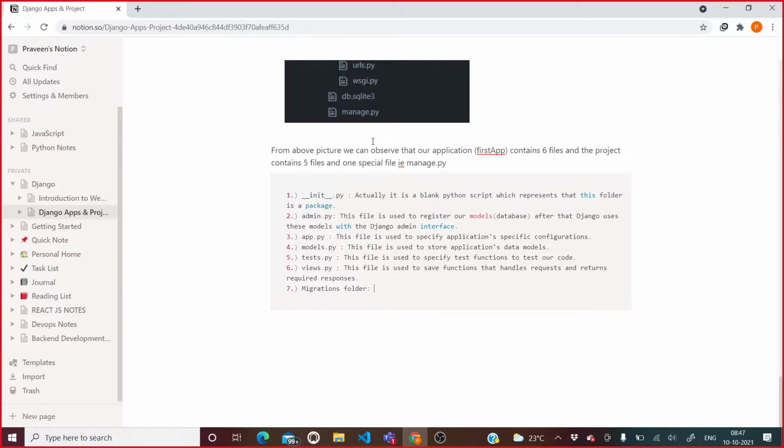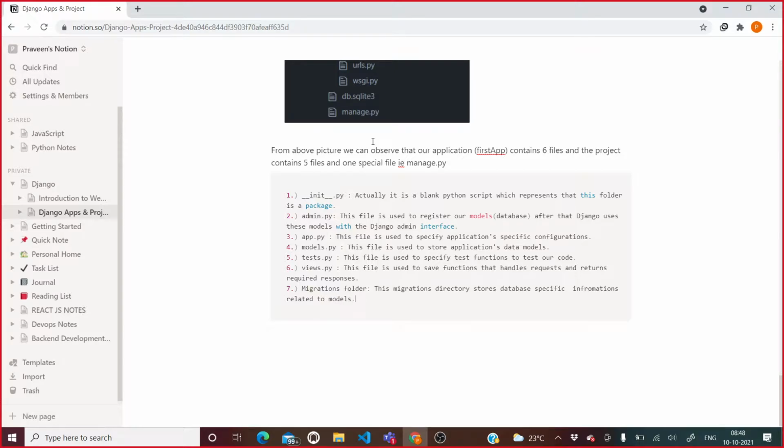This directory majorly stores database specific information related to models.